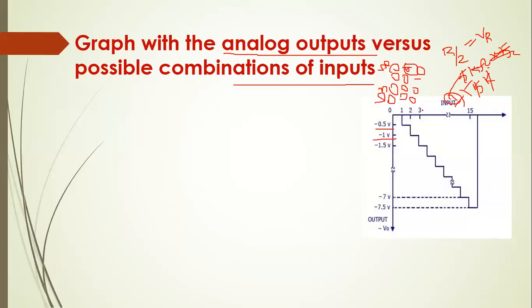Likewise, you can calculate for all the values, that is for 16 combinations, and you will be getting the equivalent voltage levels. If you join all the points, you will be getting a stair-step waveform. As we have seen in the first figure, the transfer characteristic there is linear in nature. So it increases like this. But practically, if you apply the values, you will be getting a stair-step waveform.